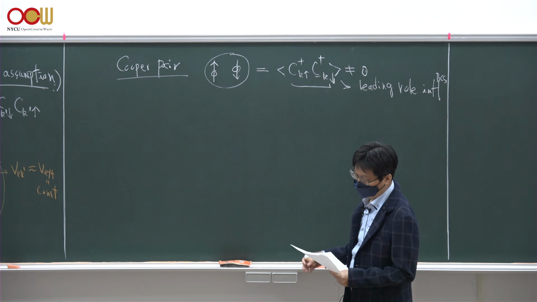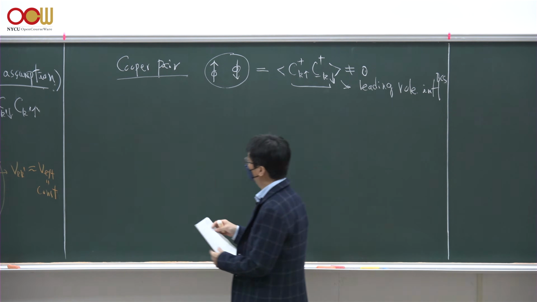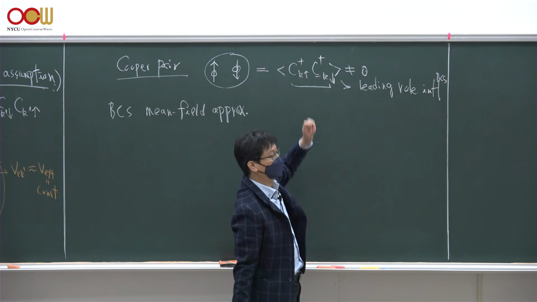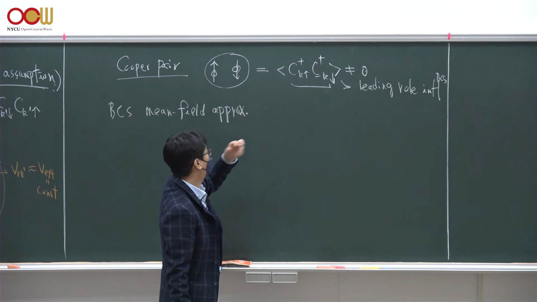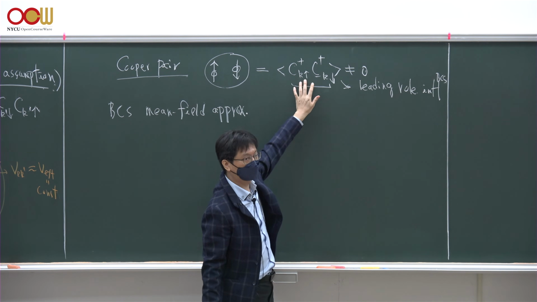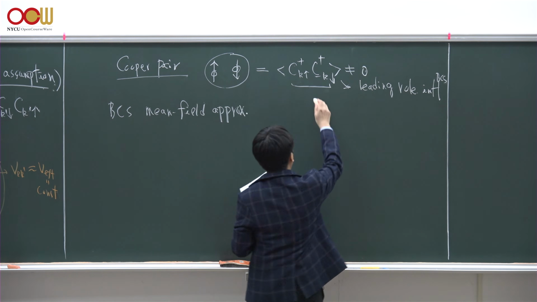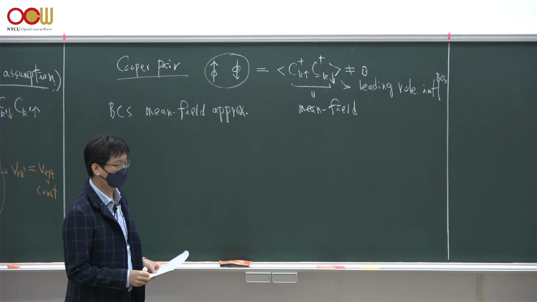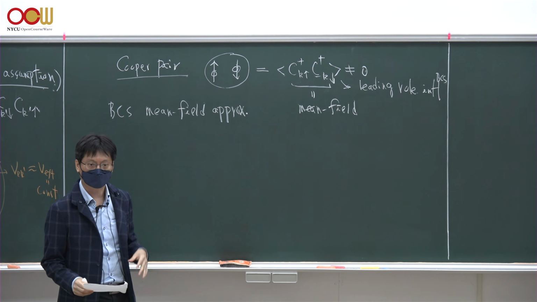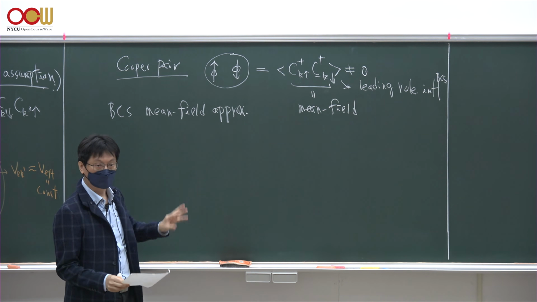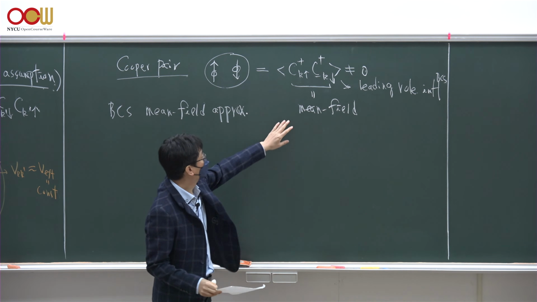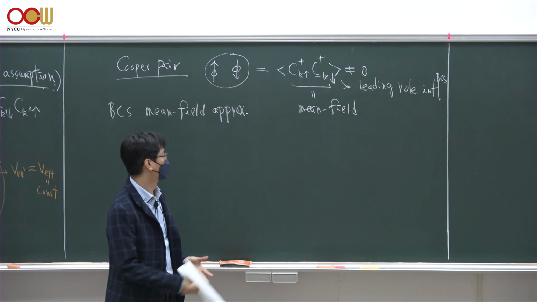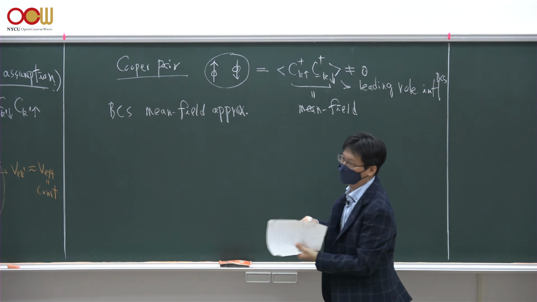As a result, we can make a further approximation called the mean field approximation. This average, or expectation value, of c dagger k up, c dagger minus k down, is called the mean field. Just like what you have learned in the magnetic properties of solids, where we have a Weiss mean field, which we will discuss in the magnetic chapter. But you can consider this just some number called the mean field number. It's kind of an average